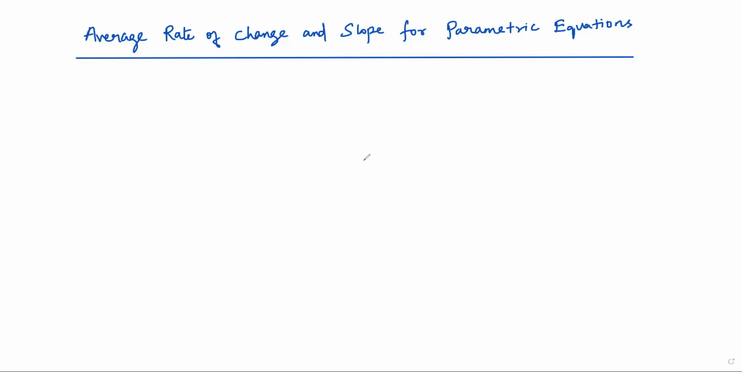Hi, in this video, we are going to see how to find the average rate of change and slope for parametric equations. Consider the parametric equations defined by x of t and y of t, where t is a parameter. Over the interval a less than or equal to t less than or equal to b,